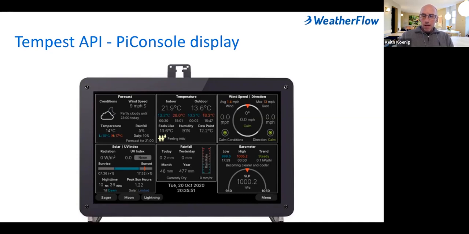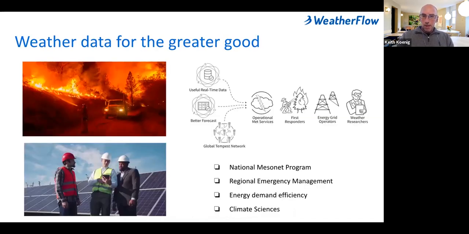So I know that I raced through a lot of this, but I'm coming to the end here, and I wanted to end with a collective slide. As a company, we think that weather data just contained for your own use is actually selling it a little bit short. We think that as a society, we all need to be in the realm of citizen science. We all need to be collecting data, and that data needs to be put in the hands of people making critical decisions. To that end, WeatherFlow is a founding member of the National Mesonet program.